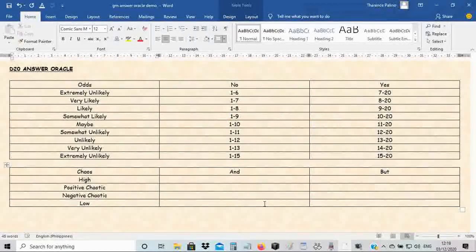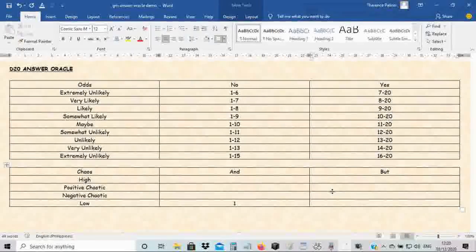So what'll happen here basically is that, for example, at low levels, I forgot to adjust this. So at low levels it'll just be, "and" will just probably be 1, and "but"